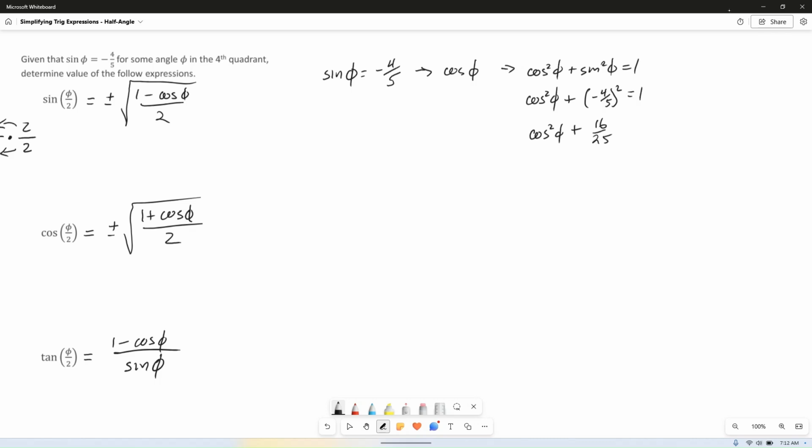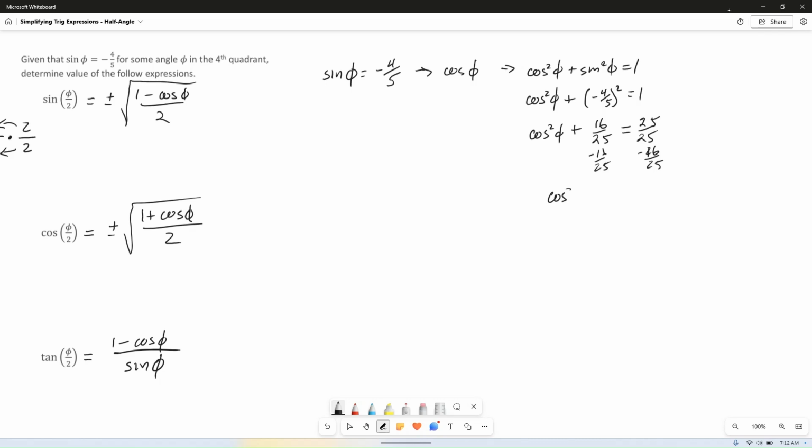And I get that because it's a negative 4/5 that's being squared, so the 4 squared and the 5 squared give me 16 and 25. So cosine squared of phi plus 16/25 is equal to 1. And I already know I'm going to need to subtract that over, so let's rewrite that 1 with a common denominator of 25/25. So if I subtract 16/25 from both sides,